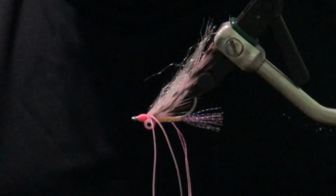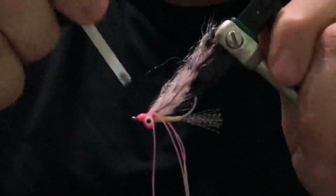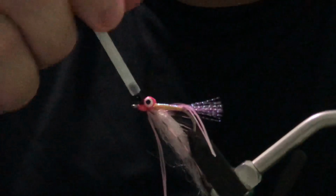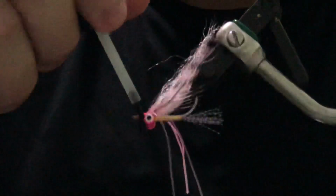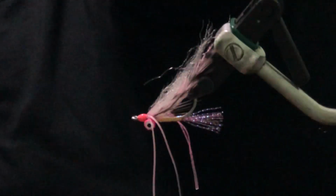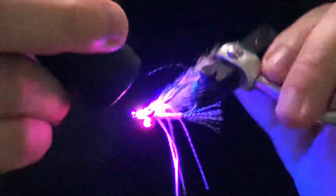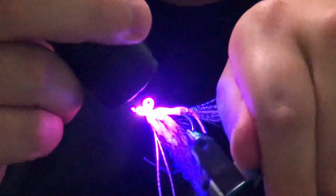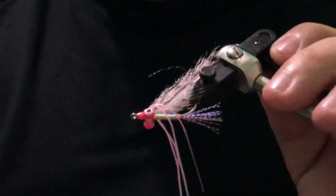But I like to go one more step with the durability. Take my Loon Flow again and just go ahead and just brush it right on the head. I like using the brush more than the little squeeze applicator piece. I think it's a lot easier for me to control. I can get in little nooks and crannies much easier with the brush. So I just go ahead, I brush it on. Give it a second, let it soak down into those thread wraps, and go ahead and hit it with the light. At this point, if you have any of the little fibers sticking out here, you can take your light